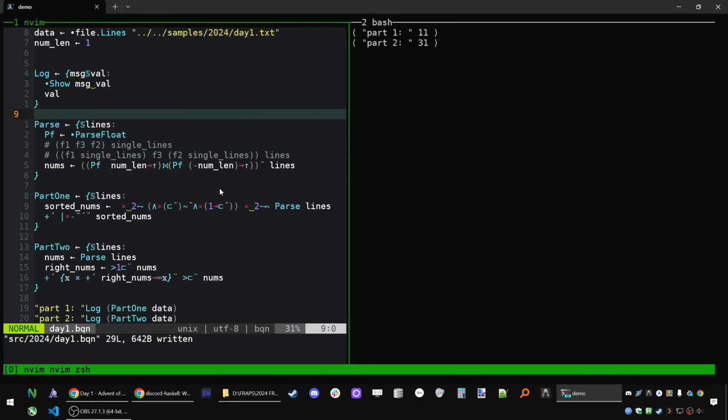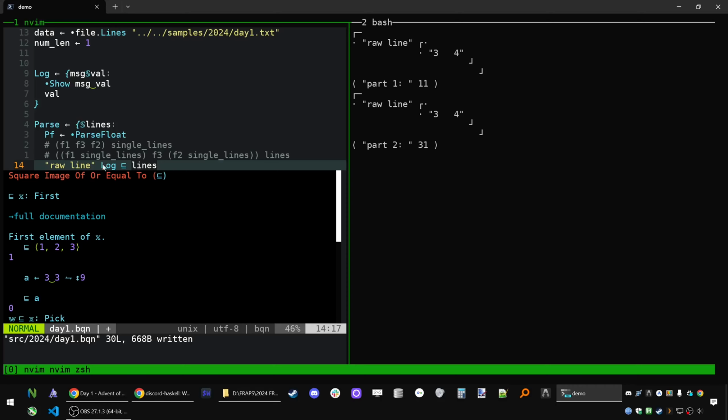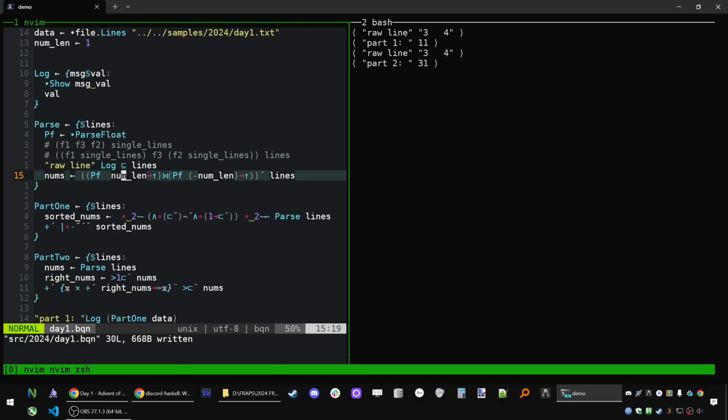Anyway, so we take this number negative. So we have 1. So take -1 from the list, and our raw line here, you'll see is, I could just do log. We'll do raw line, log lines, but I'll do first lines. So raw line. Okay, I'll do the first element here, which you'll see is the first element of this, which raw line is just the string. So what this is doing is it's getting the last character from this. So I'll do this. Right, well, that works. Yeah, perfect. So the last character, -1 characters,